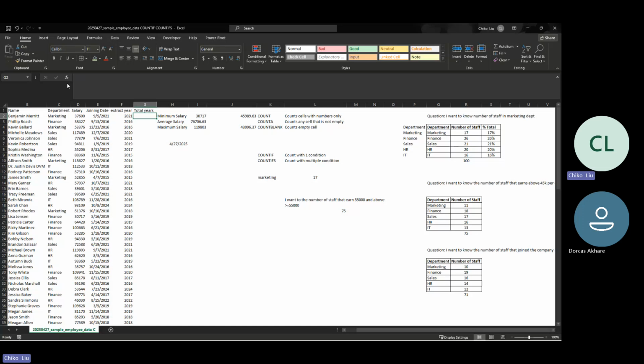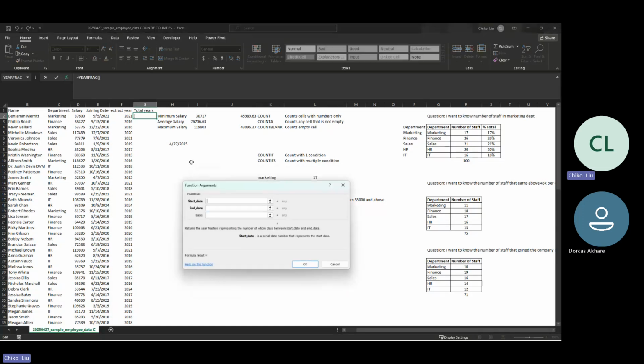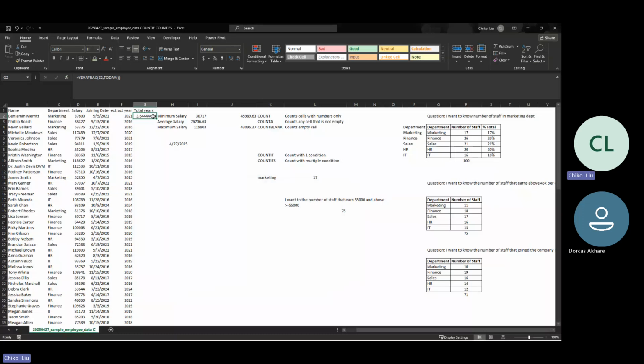So now I will apply this YEARFRAC. Start date will be this, end date will be my TODAY function, and save volatile. What is basis? Basis is the type of day count basis used. I don't know. Let me click OK. So I can see that between